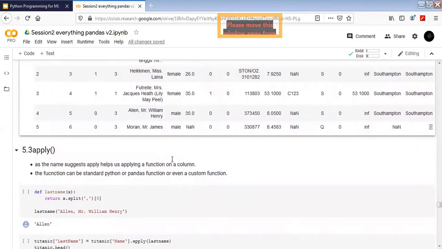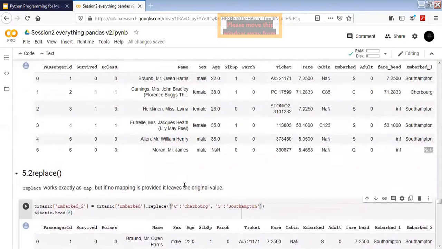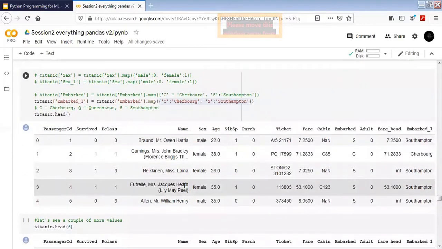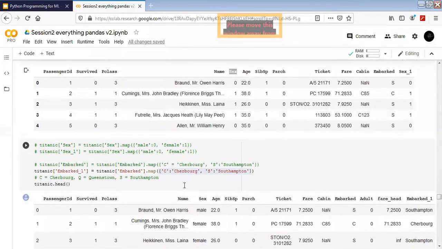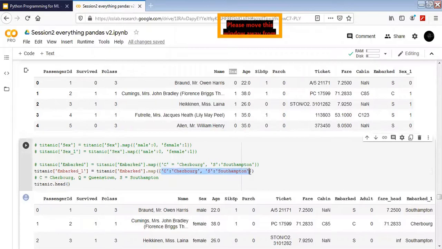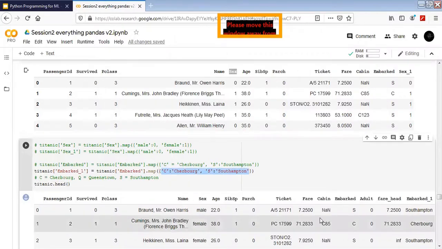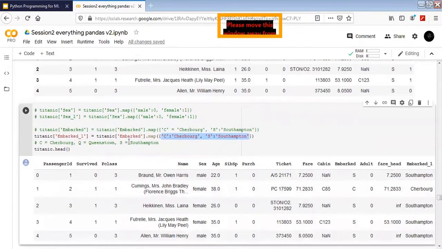All right. Does anybody have any questions so far with replace and map? Can you please repeat what is the limitation of the map function? Yes, the limitation of map and replace. For map, if we have, for example, three categories while mapping, like C, Q, and S there, you have to type in all the categories and their mappings.